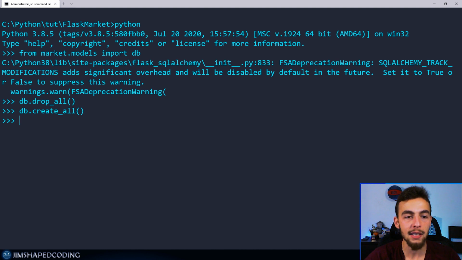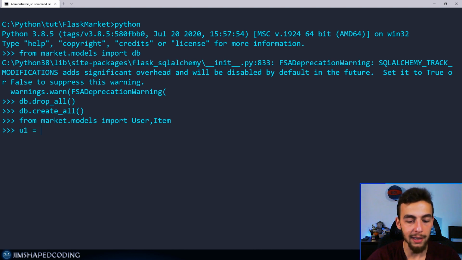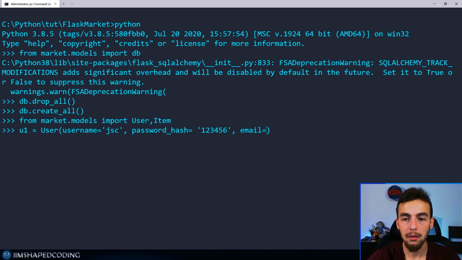So now if I go ahead and create everything, and I don't receive errors, then it means that everything looks great. Now we can continue by importing the modules. So we will say import User and Item again from our market.modules. Now we can basically try to create a new user to see if everything has worked properly. So we will say u1 equals User, and we will specify the username. This will be equal to JSC, for example, and we will write in password_hash. This will be equal to just a random string of numbers, and we will also say email equals